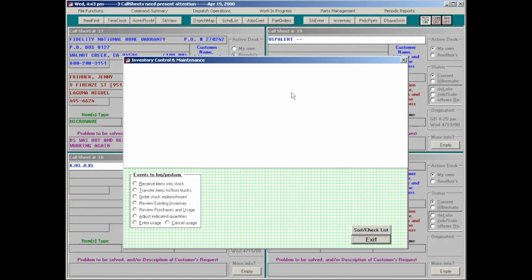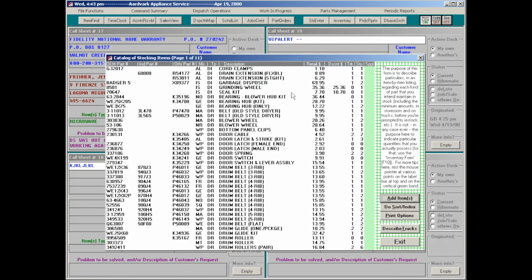The first thing you've got to do to set up the inventory system is create the master list of everything that you intend to maintain in stock. That's the Control F10 form here. And you can see it's got a whole lot of elements. We can have right on the face, for each row of listing, which is a different part,